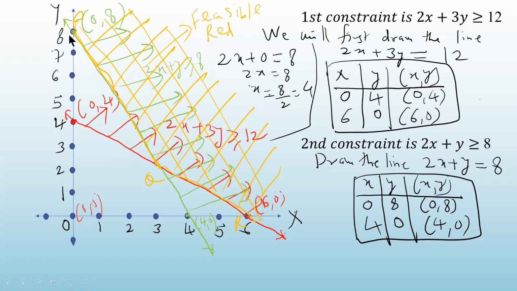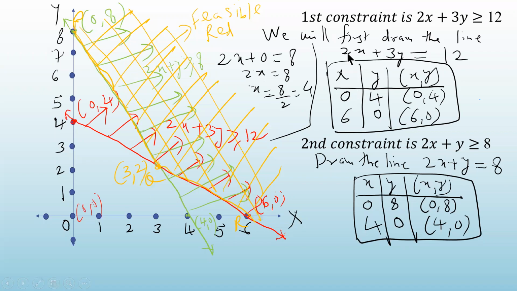Okay. Now let us write down the coordinates of these points. So what is the coordinate of the point P? It is 0, 8. And what is the coordinate of this point R? It is 6, 0. What is the coordinate of this point Q? Q is the point which lies on both the lines 2x plus 3y equal to 12 as well as this line 2x plus y equal to 8. So if you have a proper graph paper, you can find out which point is this. The coordinate of point Q is x coordinate is 3 and y coordinate is 2. This is the point Q.